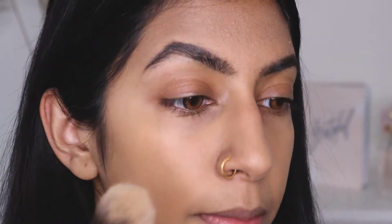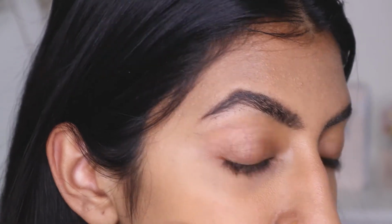And you know, you can just use your fingers. That's what it's supposed to be used for. That's why I did not use primer. And if you can see, I think it did do a pretty good job blurring out my pores. First off, 25 color shades is pretty low, but since this is a skin tint,